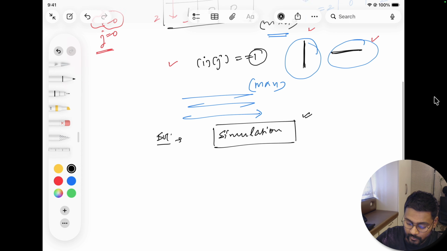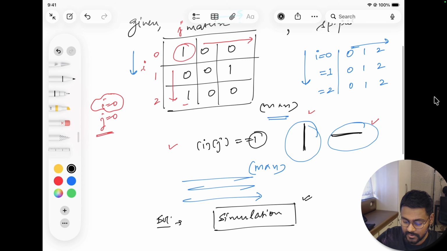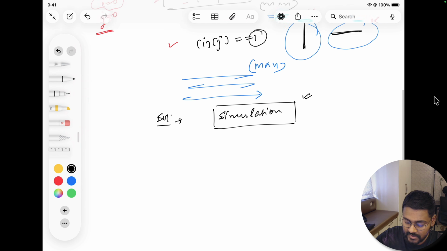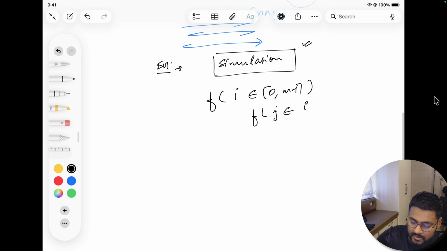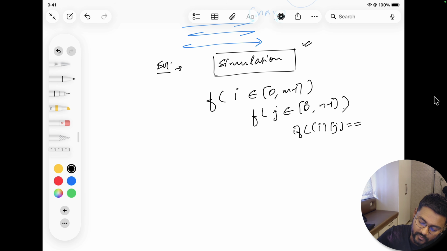Or you can say brute force is going to be something like this. Visiting every single cell, for loop i belongs to 0 to m minus 1, for loop j belongs to 0 to n minus 1. Now I will check if the value at i, j is equal to 1,